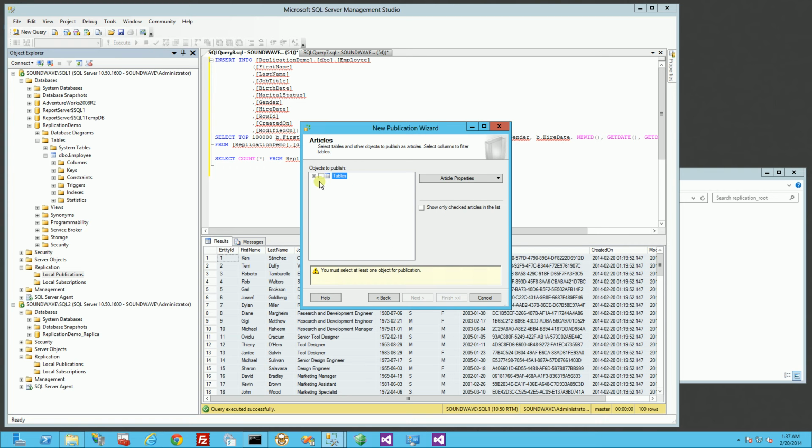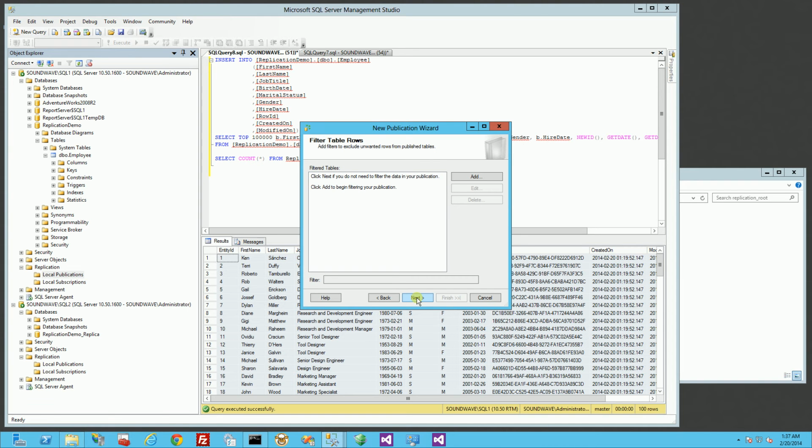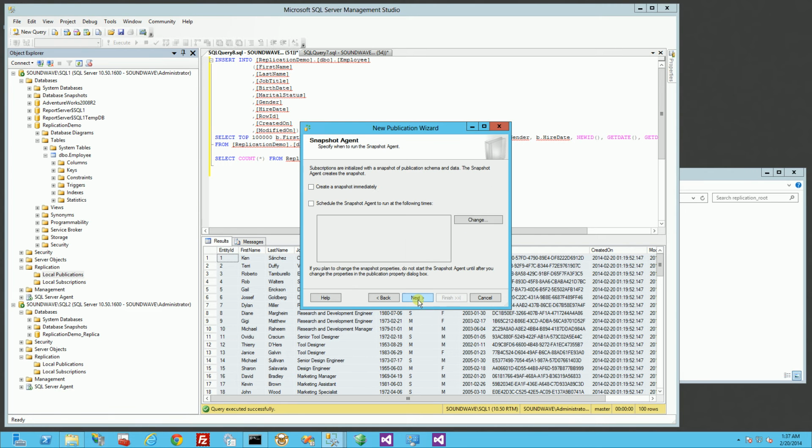I only have one article in the database, which is this table, but normally you could choose stored procedures, you could choose tables. I just want to simplify the demo. The process is the same no matter how many articles you have, or the types of things you want to replicate. So I'm just going to choose my one table, which has 600,000 rows. I don't actually want to filter it, though I could filter the data by any type of where clause here. But to expedite the demo, I'm just going to click next,